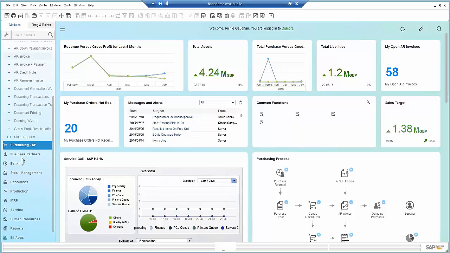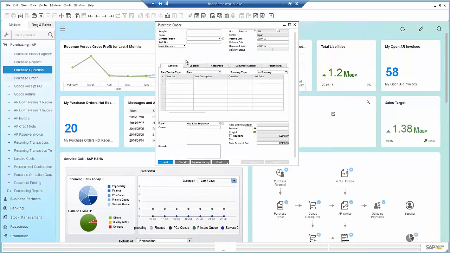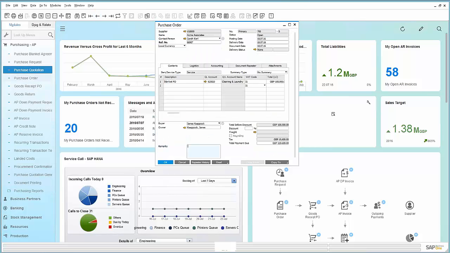Purchasing, very similar process. Screens in Business One look very similar to each other, both on the sales side and the purchase side. So you can see here we have a purchase order which looks very similar to the sales order. We can have both service documents and item documents. So if you're, for example, purchasing some stationery or something similar, you may not have an item which exists in Business One for that, but you may still want to record the fact that you've purchased that, and you then owe your stationery supplier some money. So we would possibly suggest that you would do that using a service document. Okay,